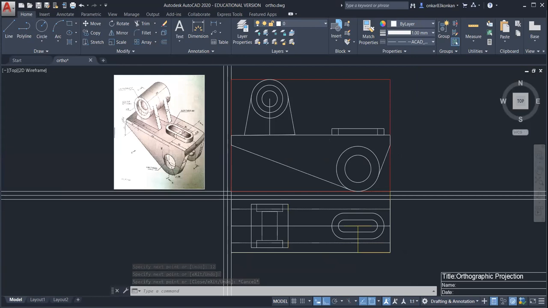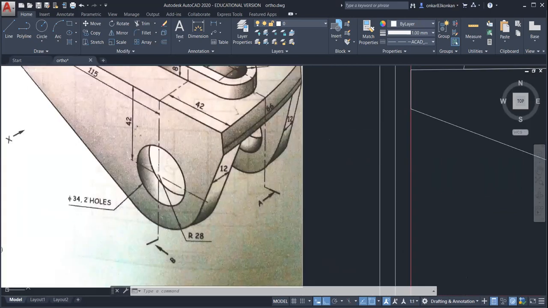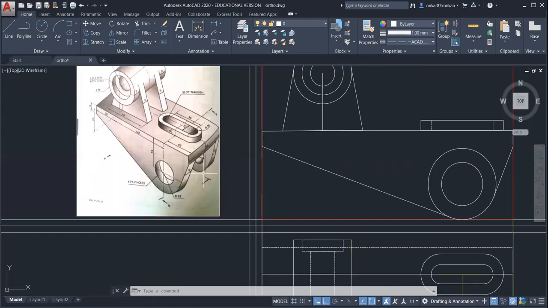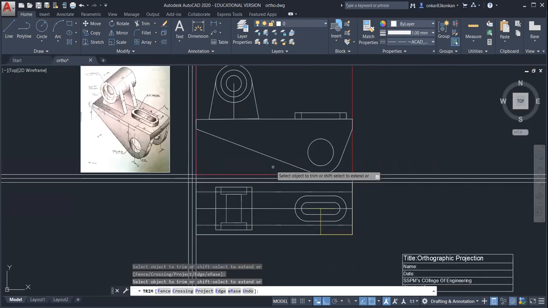Okay. And this circle, it will be hidden in the top view. So for this circle, we will just observe the two hidden lines in the top view. So for that, take the projection. So I think we should remove this portion. It is not in the front view. Okay, so this circle will be hidden in the top view.